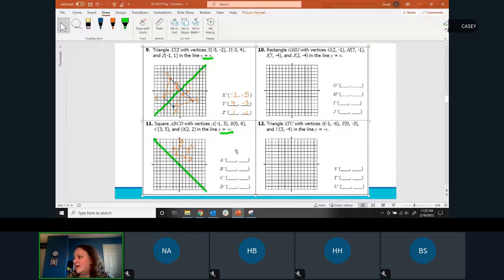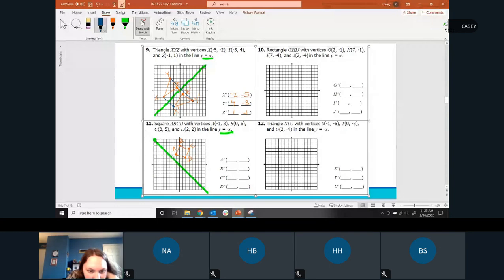All right, so there's our line at y equals -x. Now we just have to figure out where would A, B, and C land if I folded it on that green line. I want to make sure that my green line is exactly where I want it to be. There we go. Okay, so now A